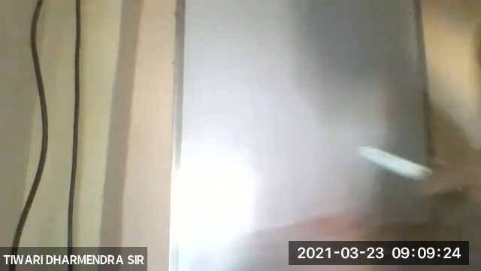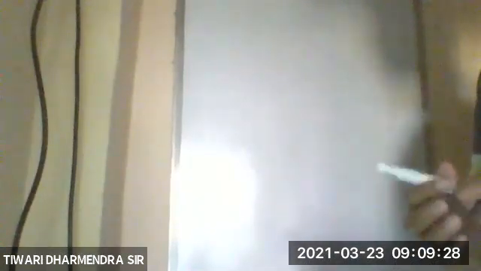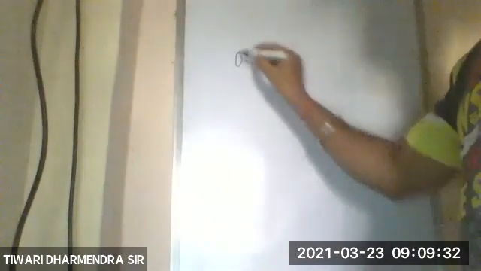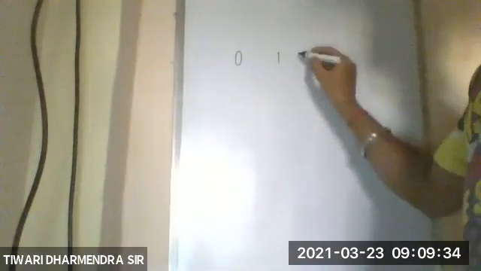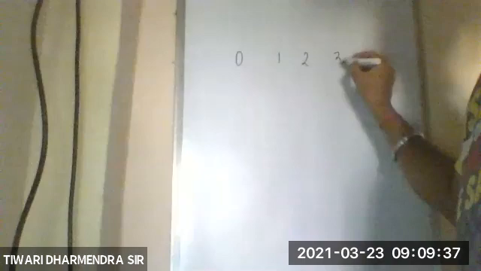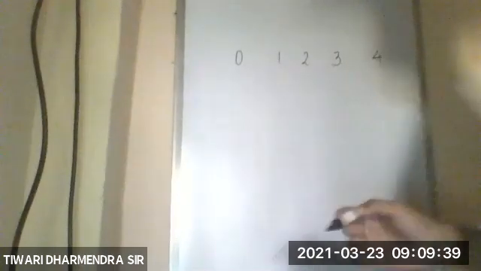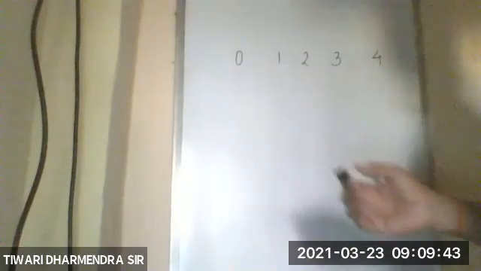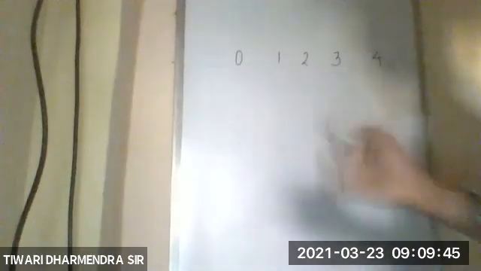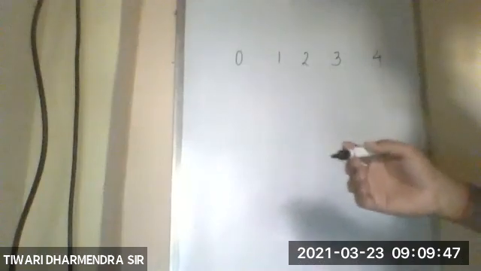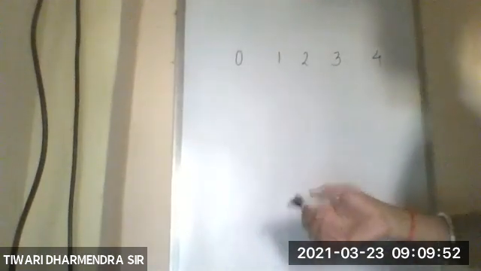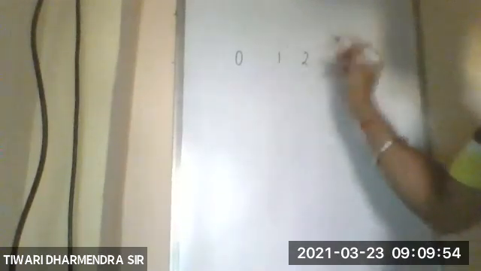Hope you all know. First I will do basics with you, then we will move to the chart. We are having 0, we are having 1, we are having 2, we are having 3, we are having 4. Okay. Remember this, whatever I'm doing, very important. This is important from trigonometric point of view. If you don't want to add the values of trigonometric functions, then you should know this. 0, 1, 2, 3, 4.